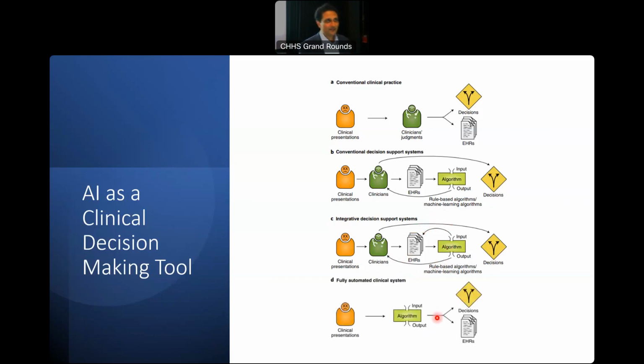And then the future, which is something we need to think about closely, is whether the algorithm does it all: does the assessment, does the history, takes the photo, does the pattern recognition, orders the tests, analyzes, orders the prescription, and follows up the patient. Obviously, that's the advanced version, and it's taking out the human touch, but that's what will be called a fully automated clinical system. It's useful to think about where we fit in currently. We're sort of between these two.